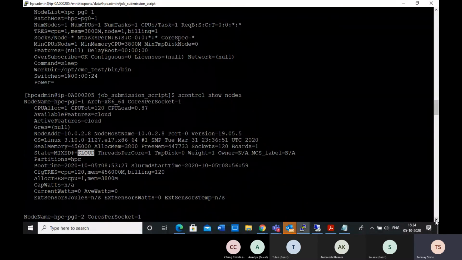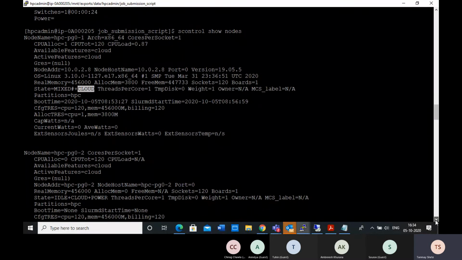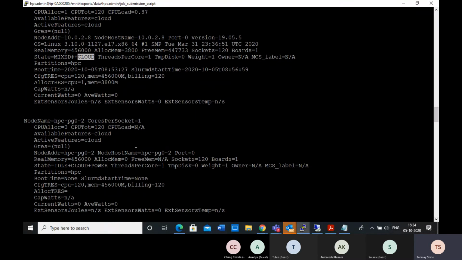Whereas there are many nodes, or many virtual machines. Whenever you see another machine, like the HPC2 machine, you can see the state as idle plus cloud plus power. This power means powered off, it is not on. Whenever you see this configuration, you can assume that the machine is not on.